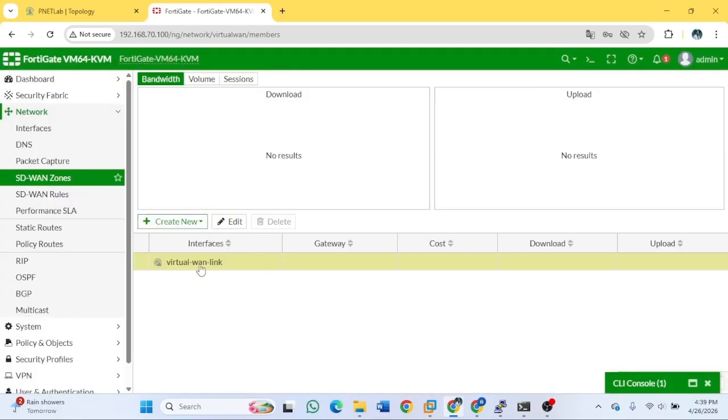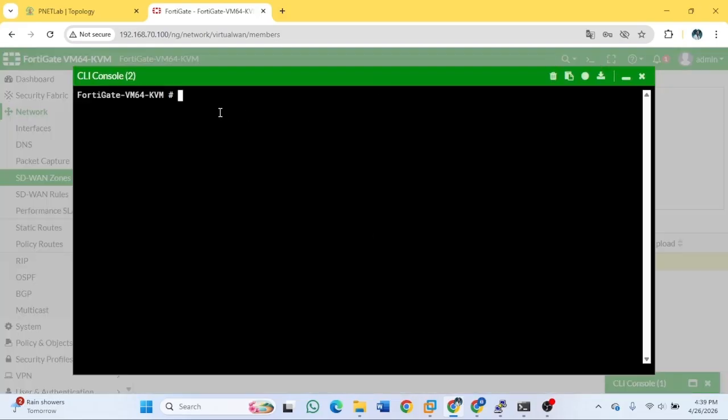Config system SD1, and then set status enable.